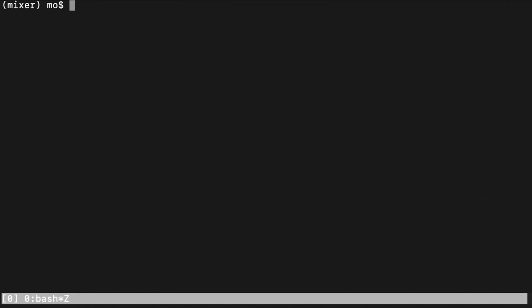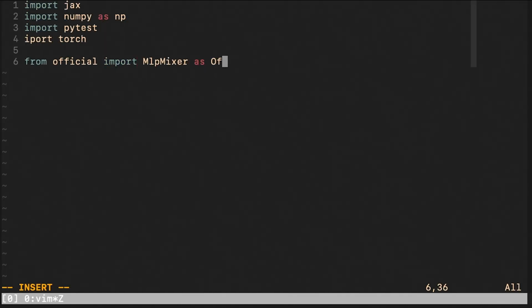All right, so now we would like to verify whether the Flax implementation and the torch implementation are equivalent. I guess the correct way to do this would be to compare the trainable parameters or arrays one by one and check whether the inference gives the same output. However, I do not want to spend too much time mapping the Flax trainable parameters to the torch trainable parameters. And instead, I'm just going to write a check that compares the number of trainable parameters. It is definitely not bulletproof, and it might totally happen that it is not going to detect possible bugs in my code. However, it's better than nothing.